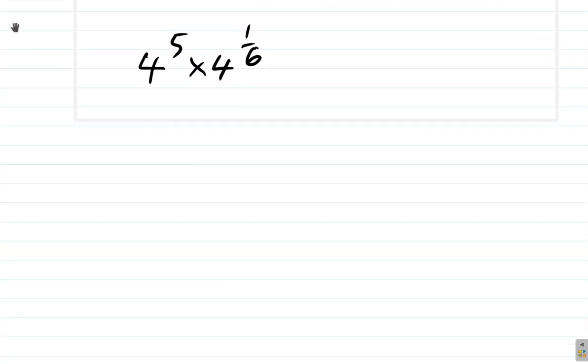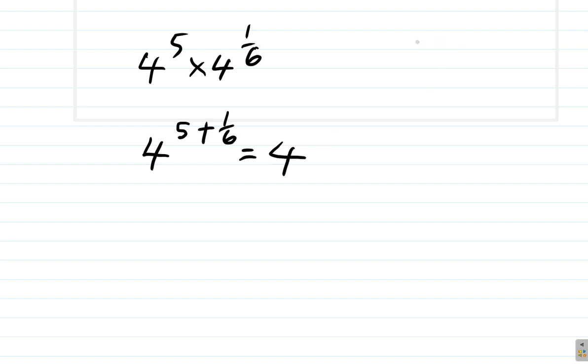Now, here, you know that when you have a number raised to a power times the same number raised to another power, what you will do is have that number raised to the power of the sum of the numbers. The numbers would be the indices or the powers, right? There is 5 plus 1/6. So in this case, what we have is 4 raised to the power of